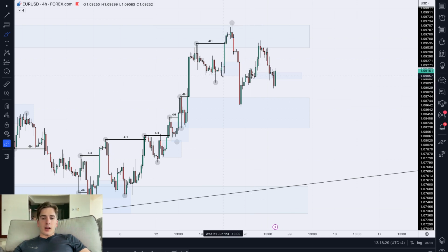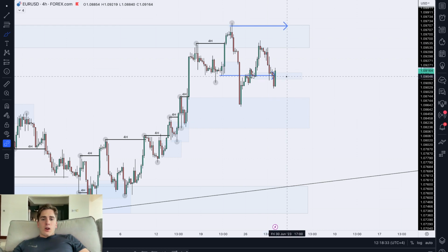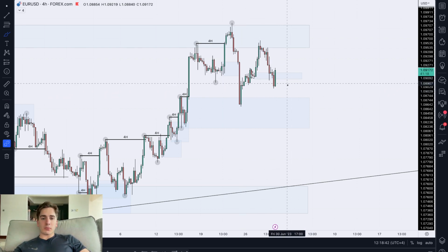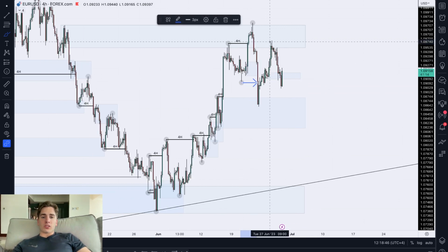This entire buy before the sell kind of pushes price down. Overall, what I'm looking for, nothing really too interesting. You don't really have clean demand which can push the price back up. Just keep in mind, of course, that structure is now bearish, so you could look for those potential